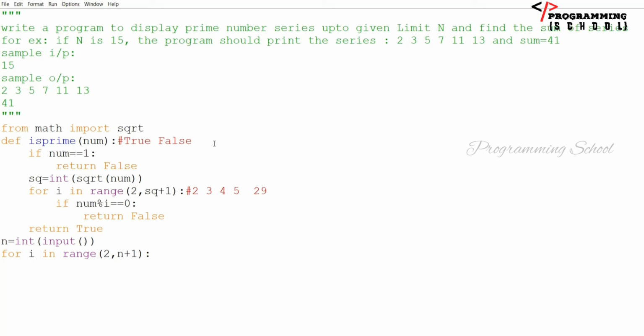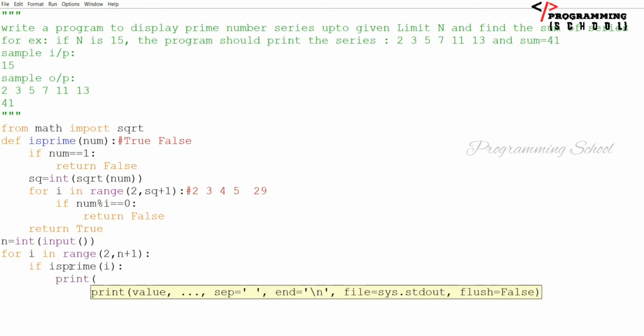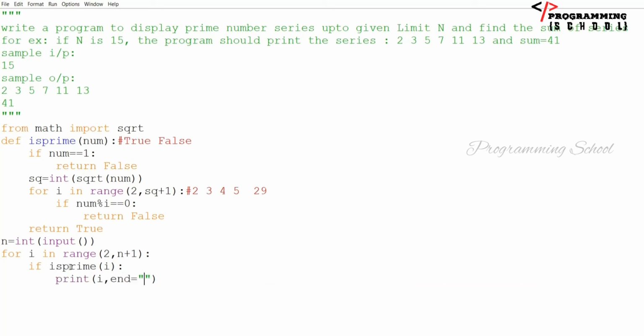I am going to print 2 also. If is prime of i is true, I am going to print that i here. That's it, nothing else. I am going to print that value.